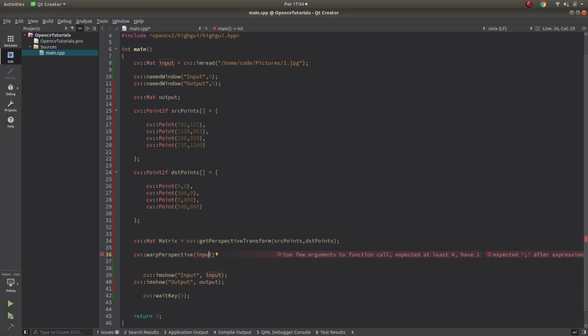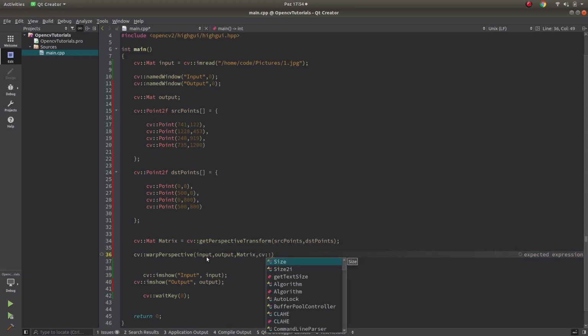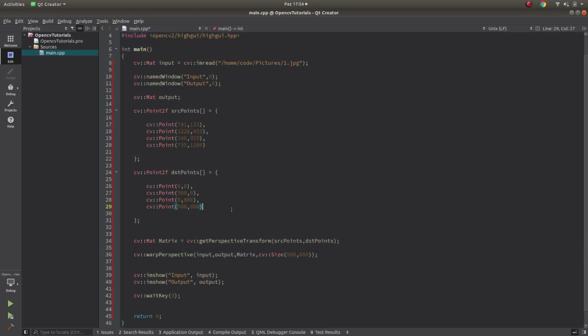Input we give, output we give, matrix we give, what else? Size. Size should be equal to what you defined here, for example 500 by 800. You will understand more after I give the results. Seems done. Let's try.